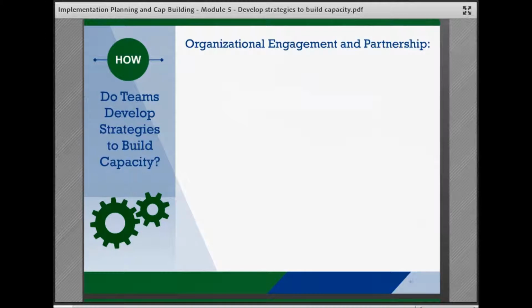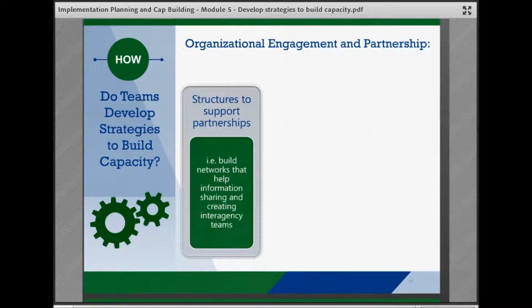Organizational engagement and partnership is the relationships within the agency, for example, across program areas, and with families, youth, resource parents, community, and cultural groups, as well as partner agencies. Engagement and partnership needs will vary with the intervention, as some may require close coordination with courts or tribes, while others might need strong collaboration with community service providers. Teams may look at strategies that address these aspects of engagement and partnership as they prepare for implementation.